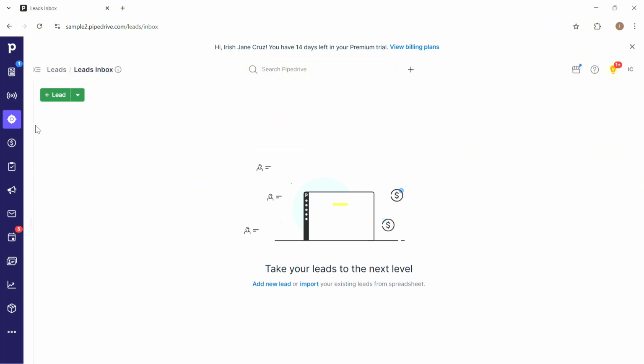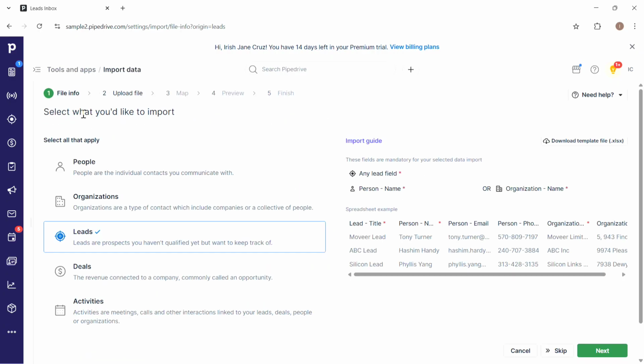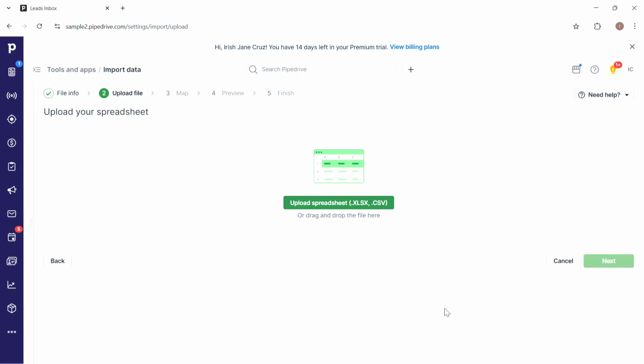So in here, click on this drop down at the plus lead section at the left side, and then click on import data. From here, go ahead and select leads as what you'd like to import, and then click on the next button. So on the next step, you need to upload your spreadsheet, such as